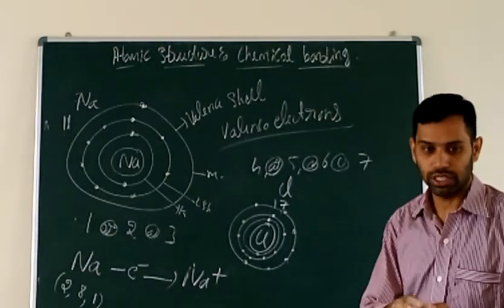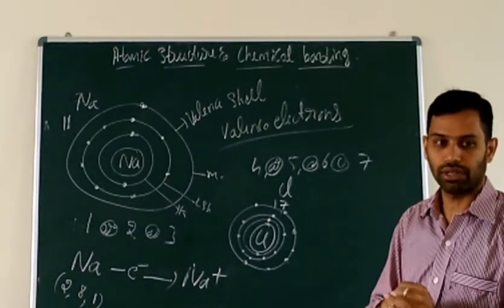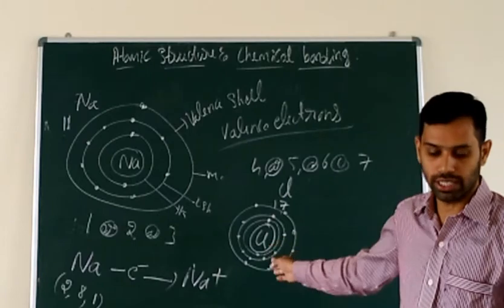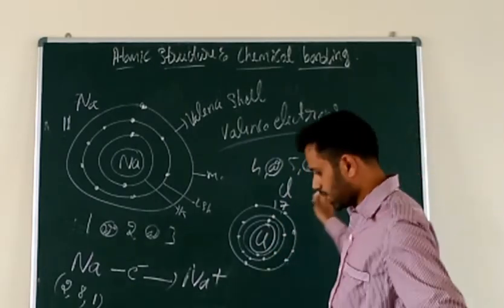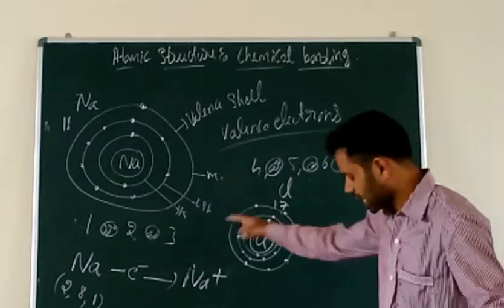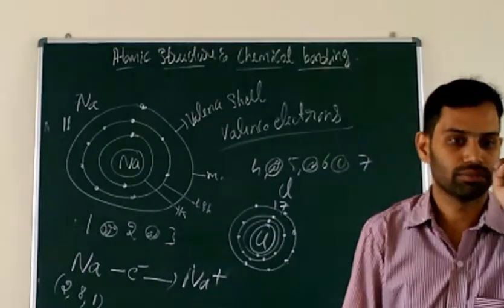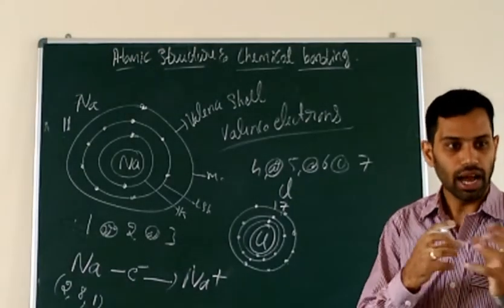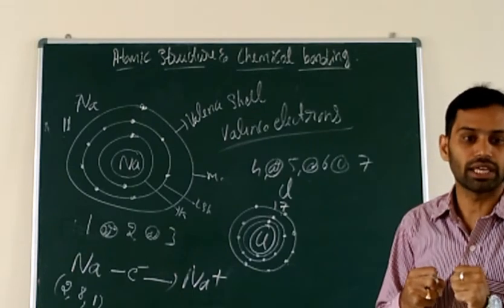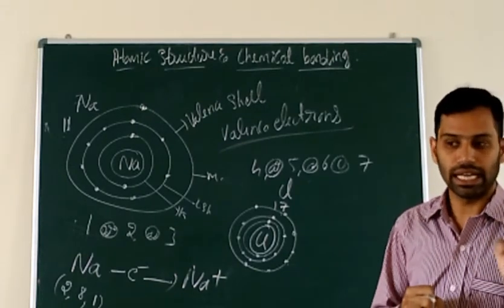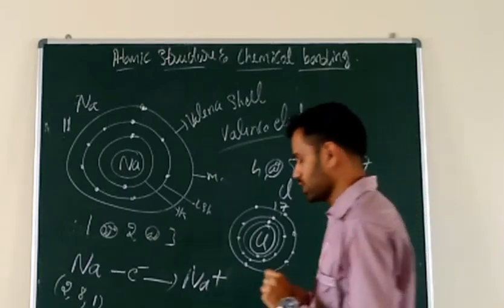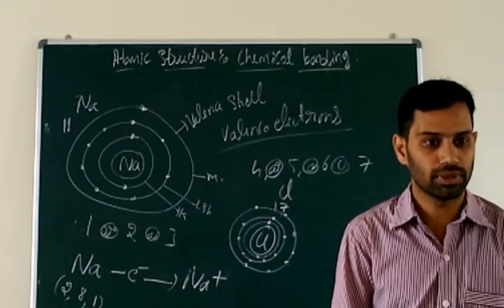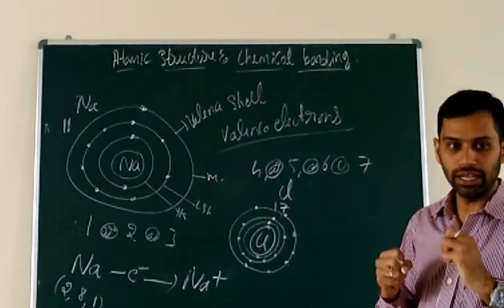So the elements which have 4, 5, 6 or 7 electrons in the outermost shell are considered as non-metals. Now chlorine is a non-metal. To attain its stable state, it needs 1 electron. So the non-metals will always accept the electron. By accepting electrons, they gain the negative charge. That's why it is called an anion. The non-metals are always accepting the electrons. By accepting, they gain negative charge.